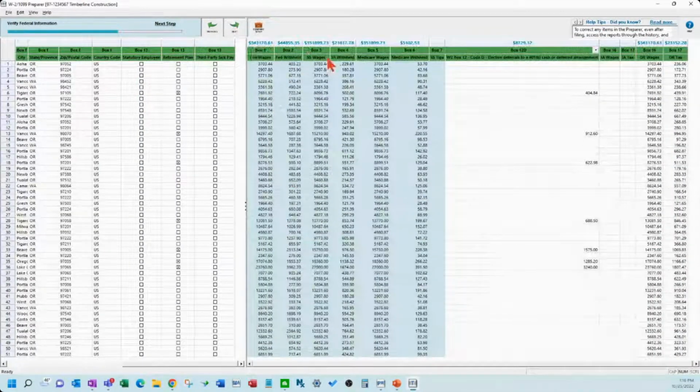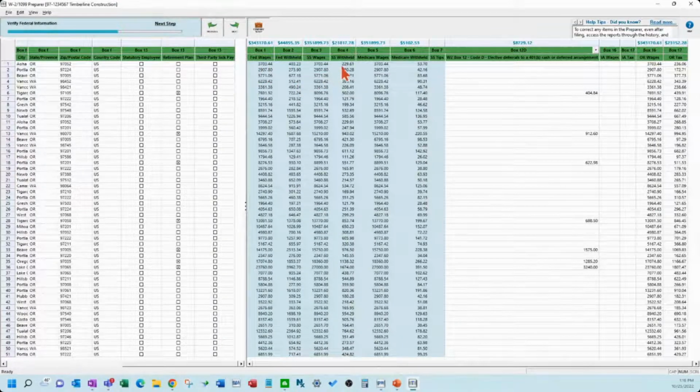So now you can see it moved us over here. We're confirming our federal wages, our federal withholding, Social Security, Medicare. So a good practice to do as a side note is you're going to want to double check that these match your 941s for all 4 quarters, these totals. Okay. So if they don't, again, refer to your CPA or accountant and they'll help you through that. But these should agree to those, so you don't have IRS issues or Social Security Administration issues later on. Okay. So they give you those totals up there for a reason.